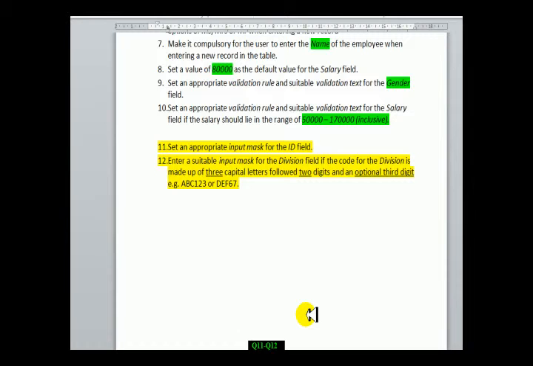But in some cases, our data must follow a particular format. Let's take something like the ID field as a very common example. Two things about an ID number. One is it's a number. Not earth shattering news. But it consists of 13 digits only. In other words, not 12, not 14, has to be 13 digits. In other words, numbers between 0 and 9. Now, the input mask is a way of specifying to Access